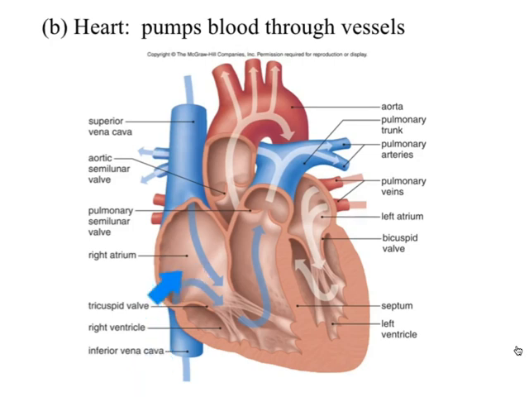But all of this oxygen poor blood reaches the right atrium through the vena cavas, and then when the atria contract, it opens up this tricuspid valve and it forces the blood into the right ventricle. But because it is oxygen poor, it needs to go to the pulmonary system. So when the ventricles contract here, it's going to close off the tricuspid valve as it increases the pressure that eventually builds and forces the blood to go in this one direction past the pulmonary semilunar valve, then goes to the pulmonary trunk, and then as we are going away from the heart, goes through these pulmonary arteries to eventually